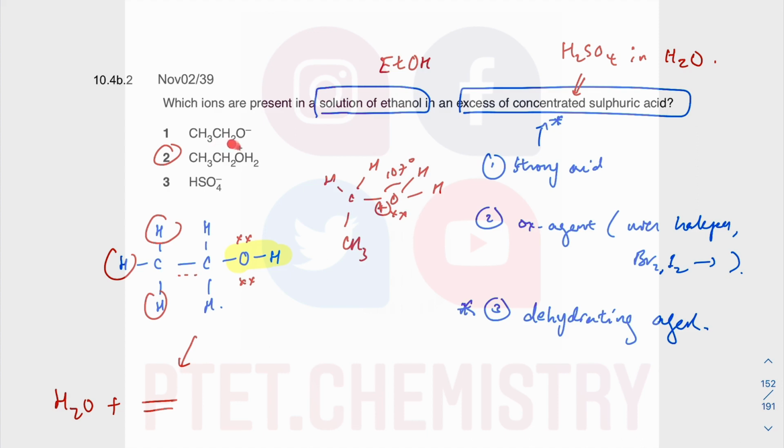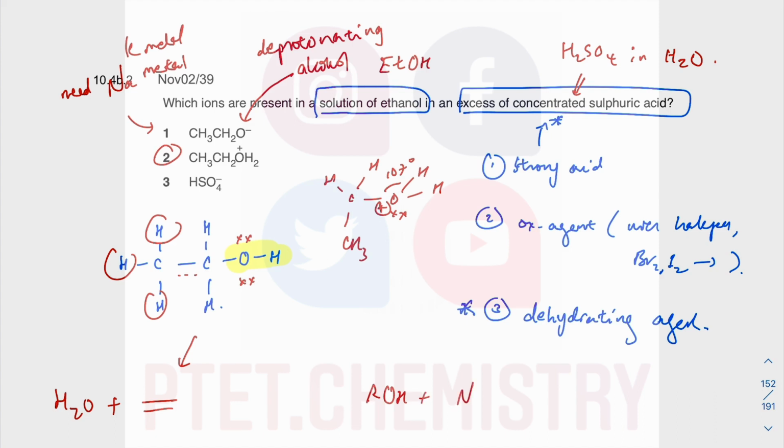As for the first one, that involves deprotonating alcohol. And what we know about alcohol is it is not acidic. Okay, to get to this, you need sodium. You need sodium metal, or you need potassium metal. Then you can get the alkoxide plus the hydrogen gas, like ROH plus sodium will give you RO minus, like